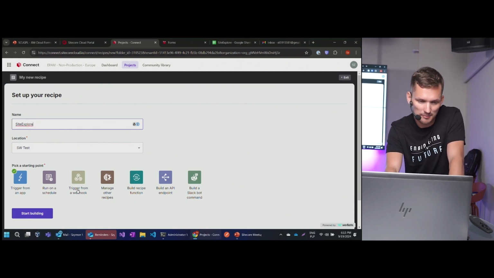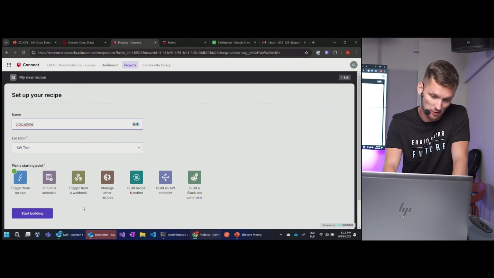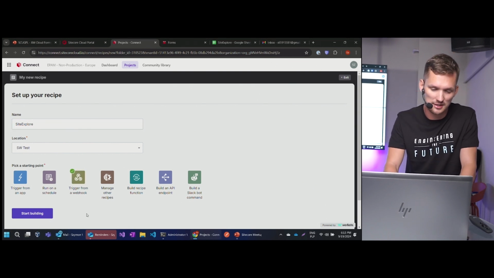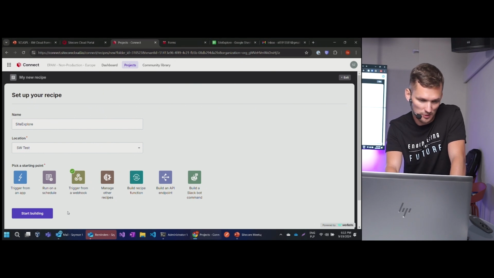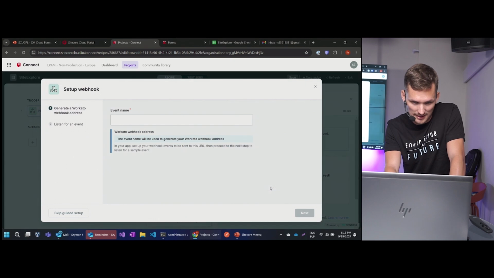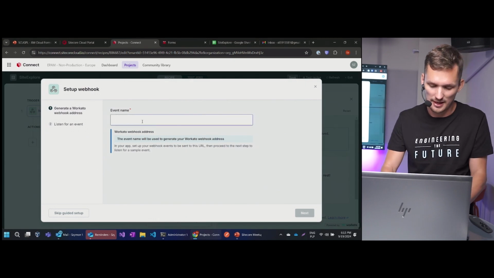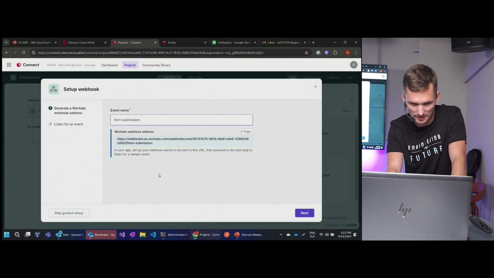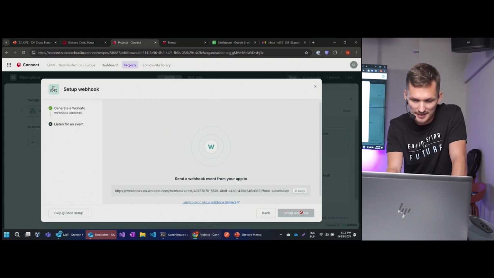And our starting point will be trigger from a webhook, because this is what we want to actually achieve, right? We want to trigger some actions after the event, which will be a form submission. So I'm going to start building. And here on the right, I can start the guided setup. So let me click on that. I just need to give it a name, that's form submission. And then if I click next,